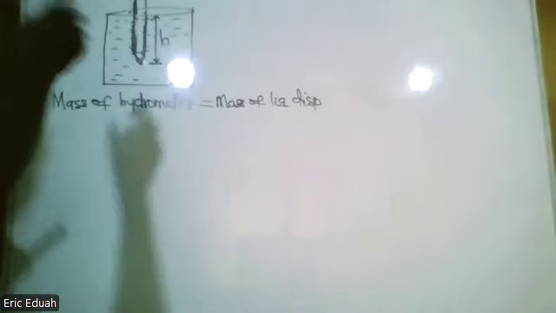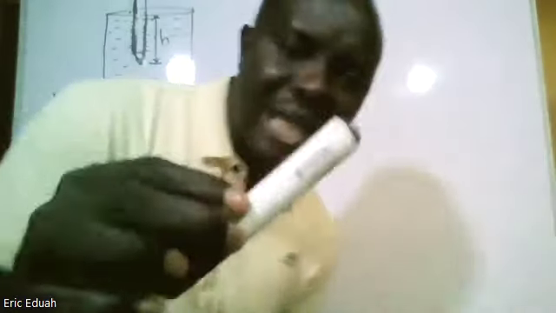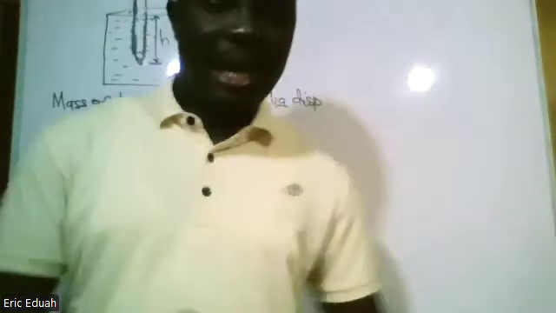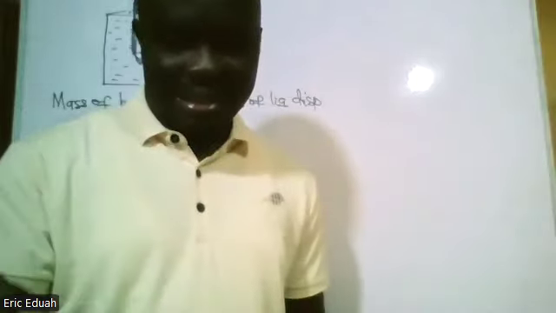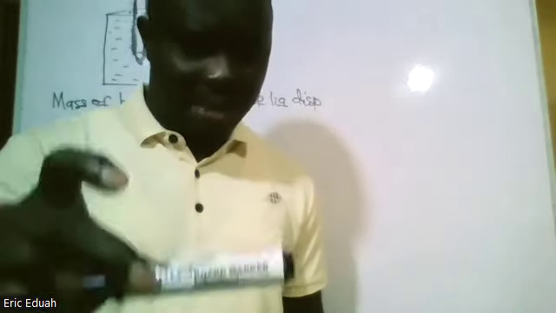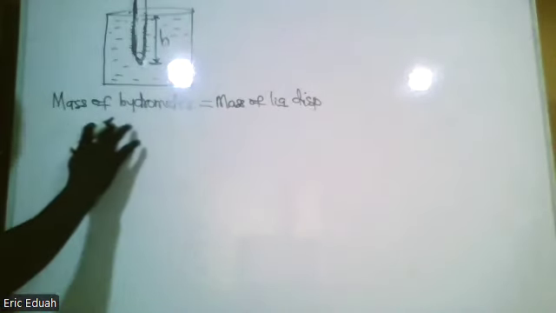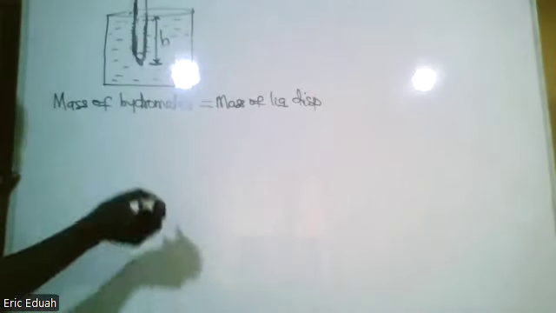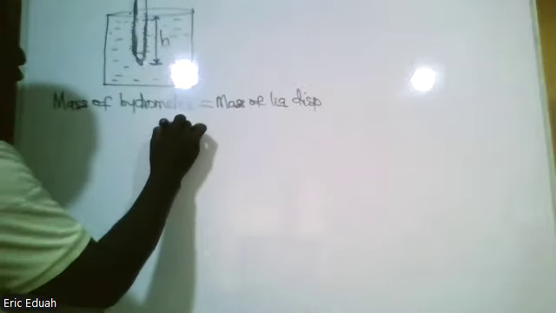Because the hydrometer is just like a pen, we can always place it on a weighing balance or an electronic balance to find its mass. We can always determine its mass. So mass of hydrometer is often known. So we equate,